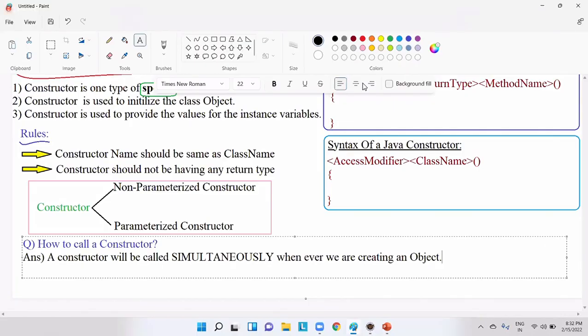Suresh, please repeat this point. How to call a constructor, guys? Come on, repeat after me. A constructor will be called simultaneously whenever we are creating an object. Not before creating an object or after creating an object. Simultaneously whenever we are creating an object. Means, for example,